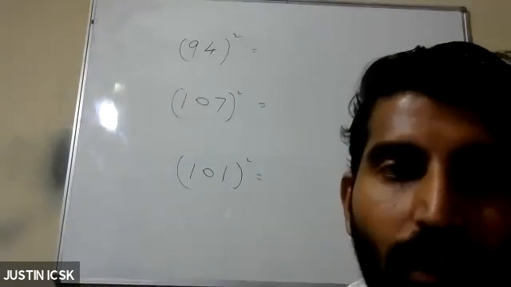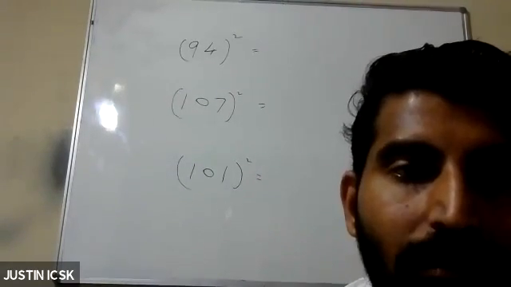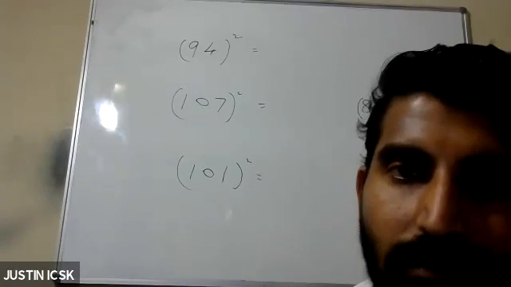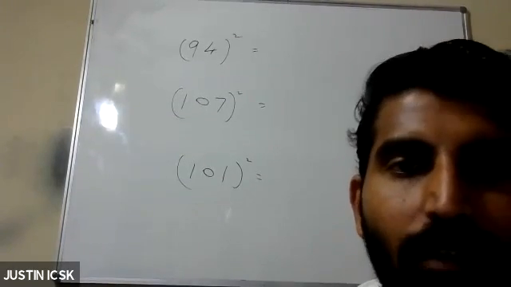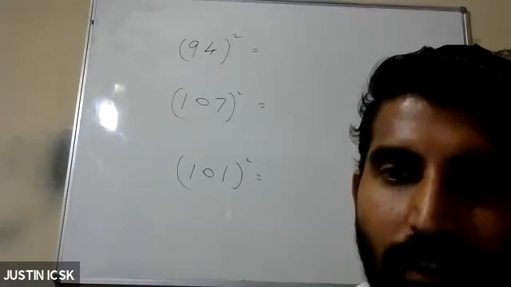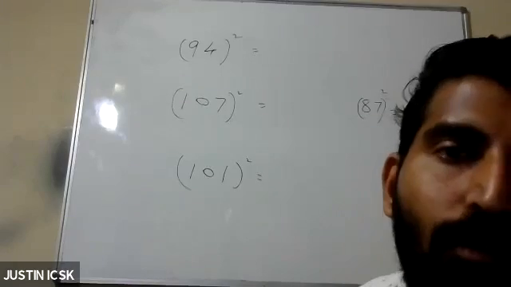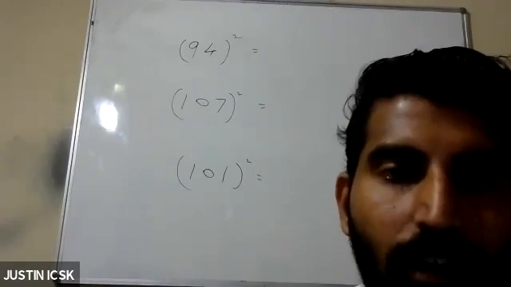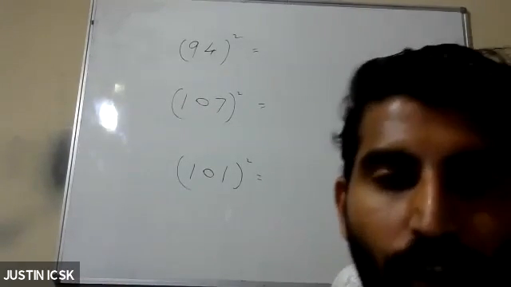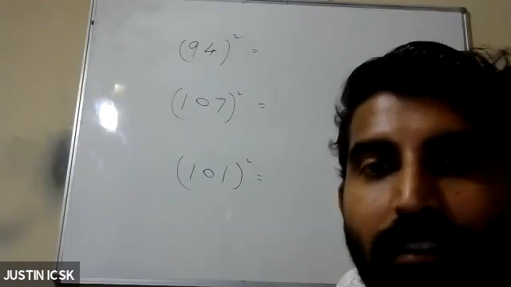In school level you will mainly get three-digit numbers only. Four-digit will come only in rare cases. Maximum three-digit, so till 999, how to find the square. That method we will learn. So now we are going to find the square of a two-digit number and a three-digit number.